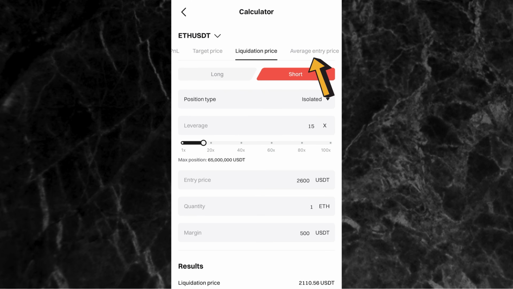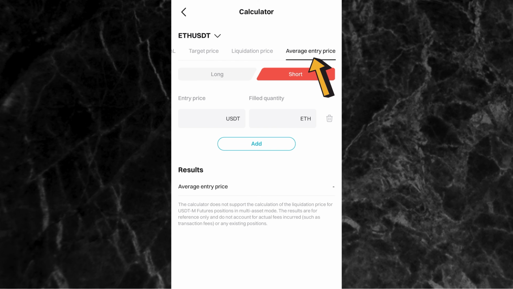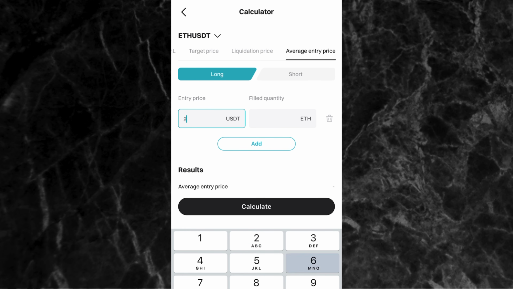Now the last one is the average entry price. So average entry price is for when you enter multiple trades and you want to calculate the average entry price for all the trades. So let's start with long. So let me pick long right here. Now there are two things you're entering here for all the trades. You enter the entry price and the filled quantity. So let's say, for example, for the first trade, you entered at 2,600 and then you traded just 1 ETH. You click on add again,